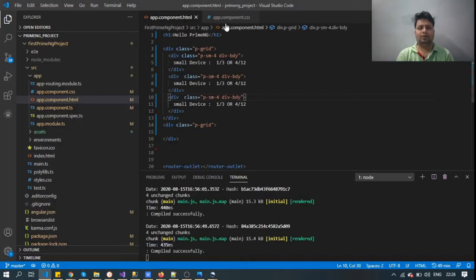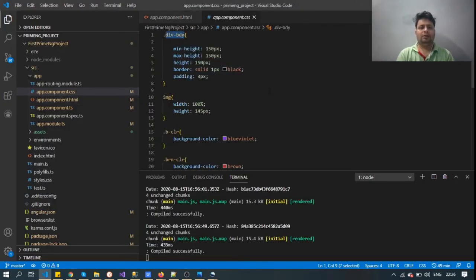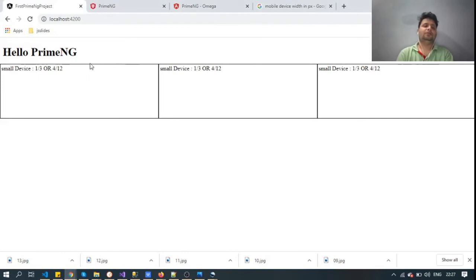This class contains a minimum and maximum height of 150 pixels. So we have fixed each div height to 150 pixels, either small, larger, or everywhere, just to show you the grid.